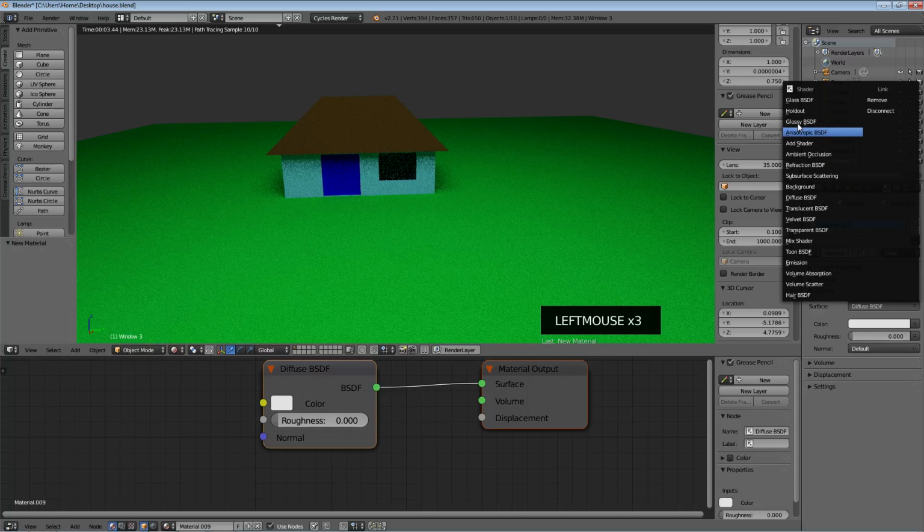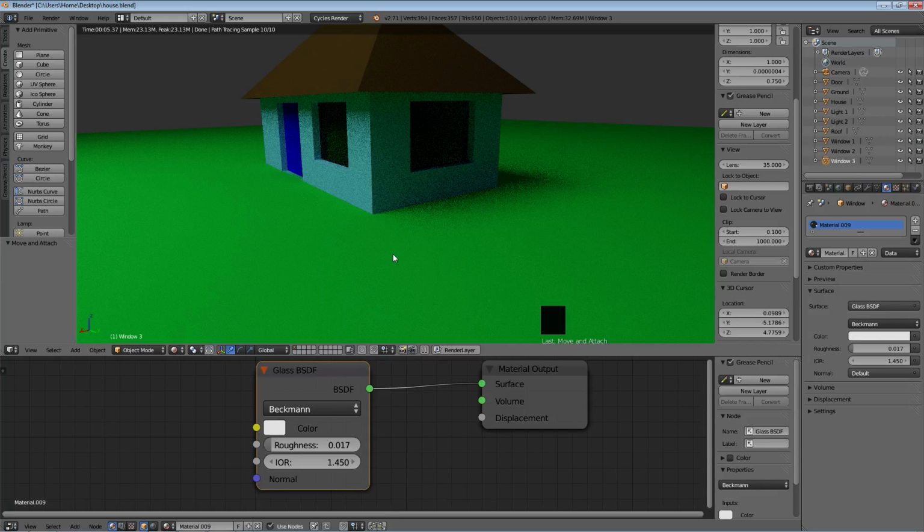So here's what, after the tediousness of renaming, separating out everything, here's what I'm going to leave you with. I want you to take your house, I want you to take the plane that it sits on, and I want you to add a material to everything. Separate out each part that you think you want to add a different material to using that P key in edit mode. And then I want you to go through, make sure you know your list of objects, and go into your properties, go to material for each one, add your material, and then choose under surface, choose the